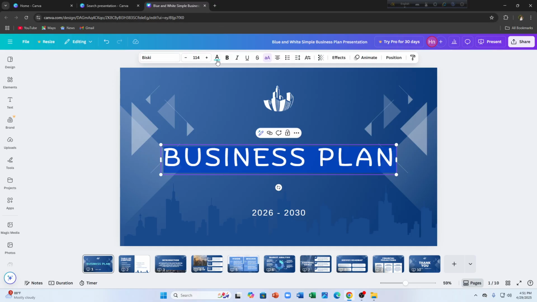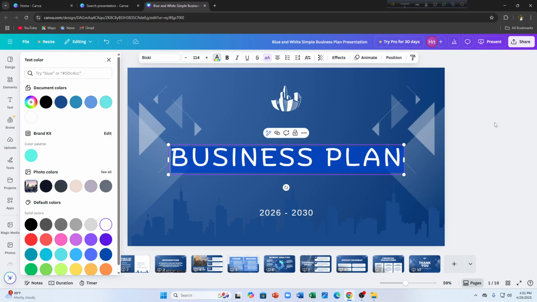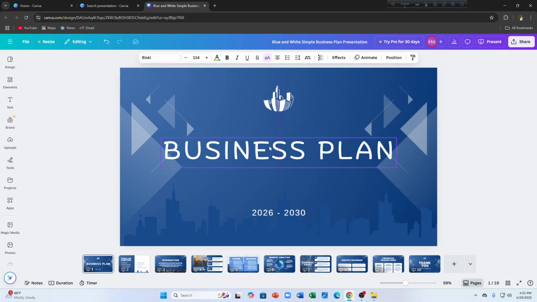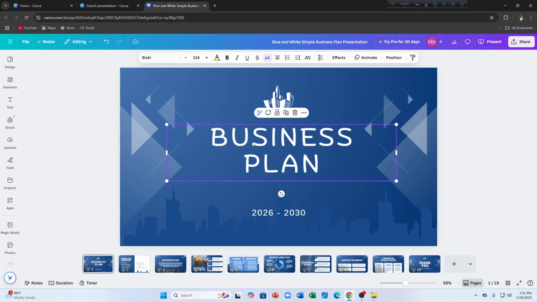Okay, this color is not suiting here, so let's change it back to the white one. Yeah, this is nice. Now if you want to resize them, you can see these circles and little bit square shaped boxes here. You just have to tap them so that you can change it. Okay,